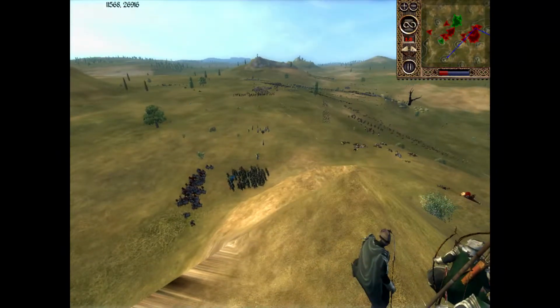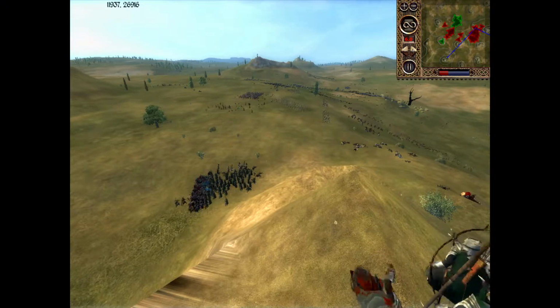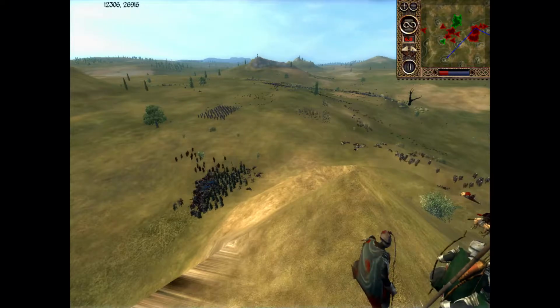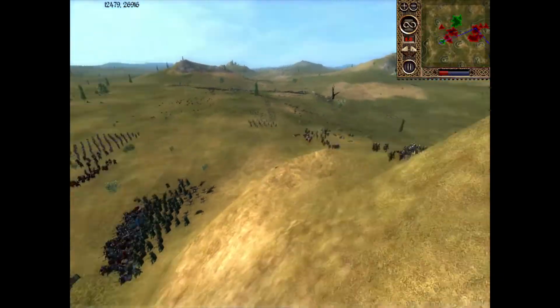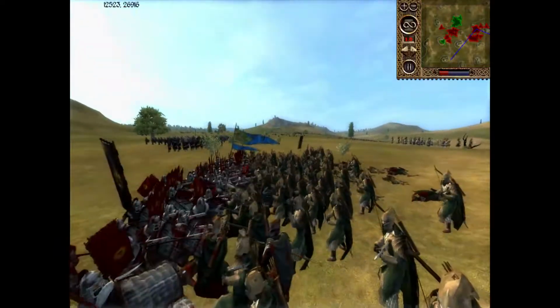Now it looks like the Wardens of Amon Lank, they're going in. They've come off the hill. Now, there's probably a reason why you shouldn't come off the hill. But they're also... Oh, this is... Oh. Rip. Rip the elves. I guess they wanted to die in glory, which makes sense, but...